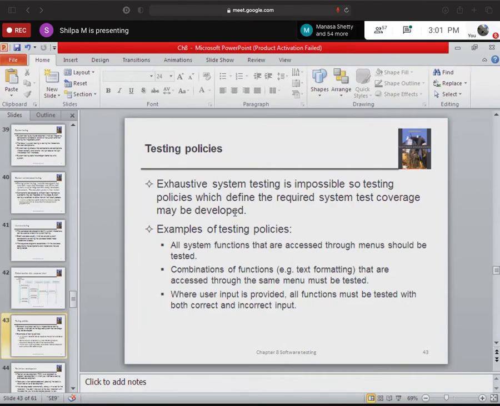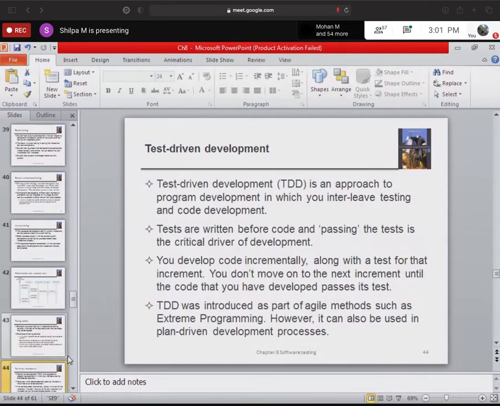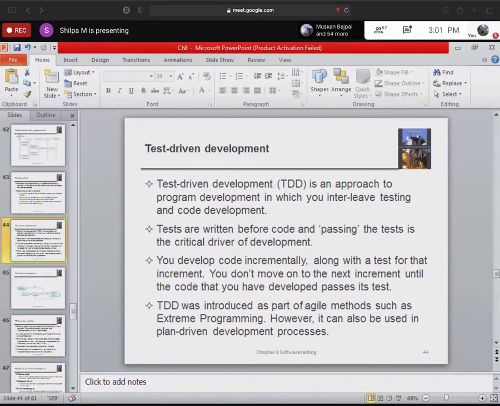You give a combination of data and test, and when you see a menu, let's say there are four options in a menu, you will be testing all the four menu options. So these are the testing policies.